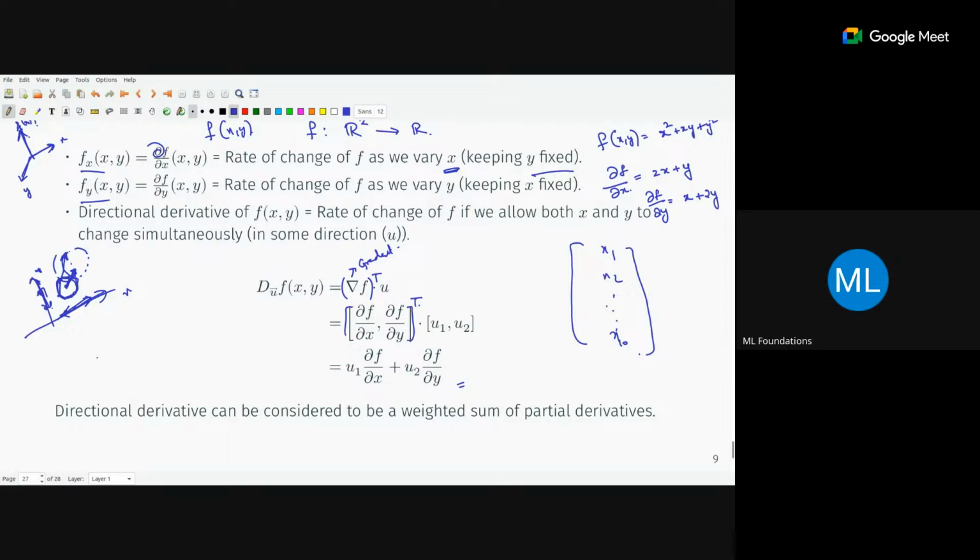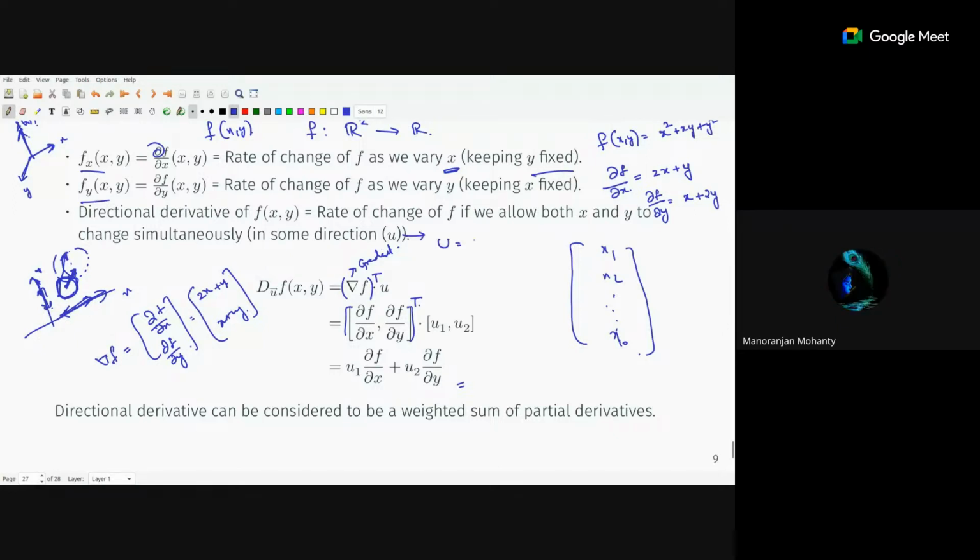For this particular function, del f will be del f by del x, del f by del y. It's a column vector, and we have computed the values. It will be 2x plus y and x plus 2y. And u is just the vector given to us, the direction in which you are finding the directional derivative. If you do the dot product between these two, we are going to get u1 times... u1, u2 are like,